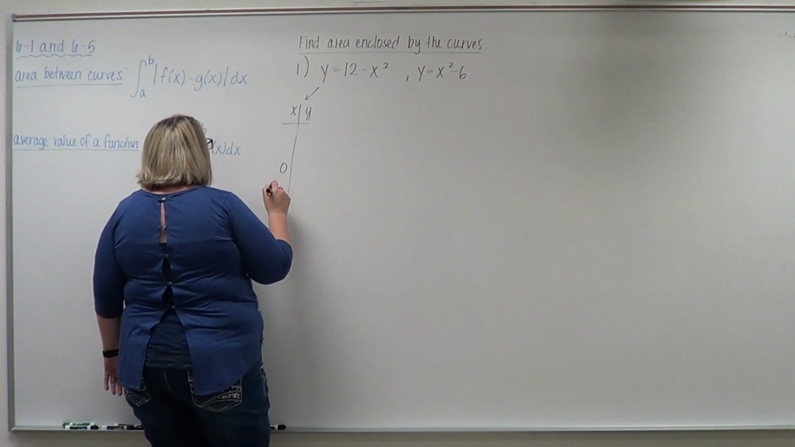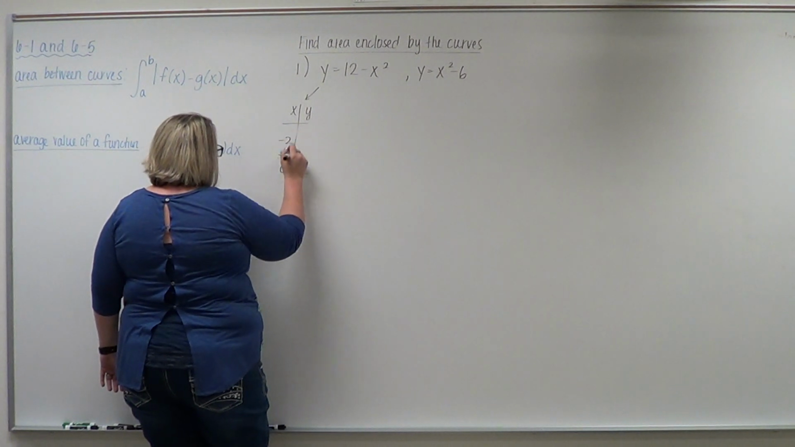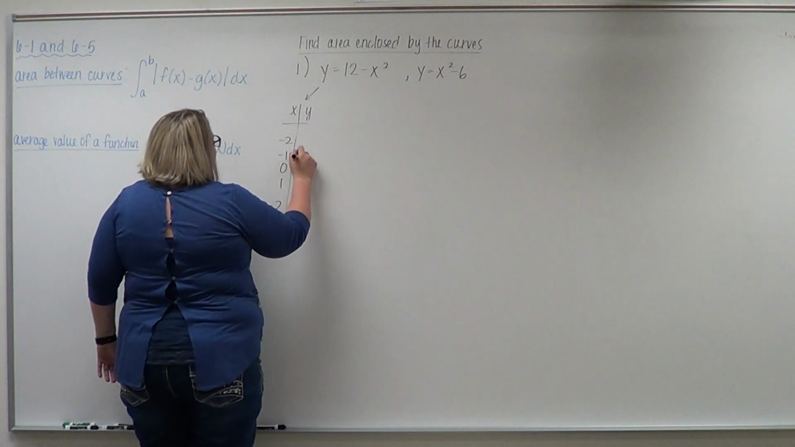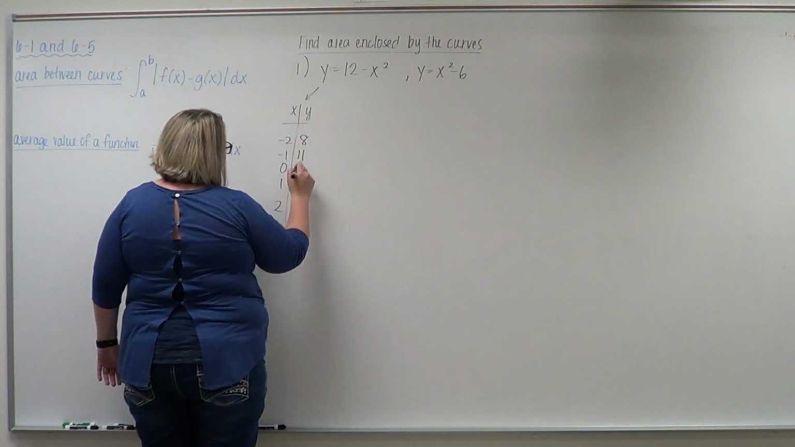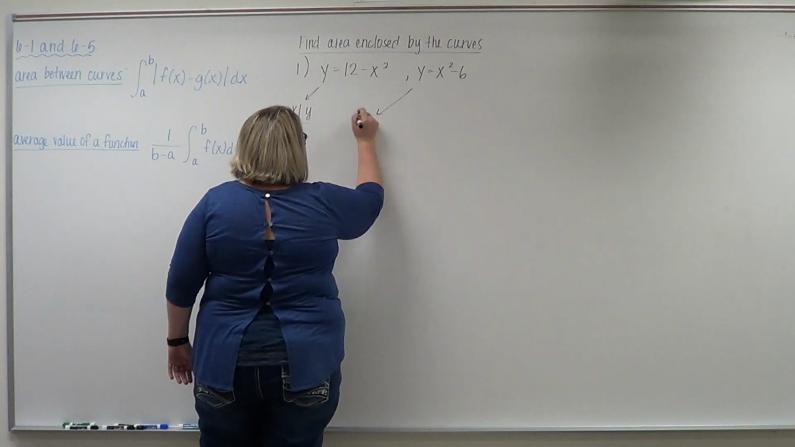So I start at 0, I plug in 0, I get 12. And if I do 2 points on each side, this would be 11, and this would be 8. Okay, and then if I do a t-chart for this graph,